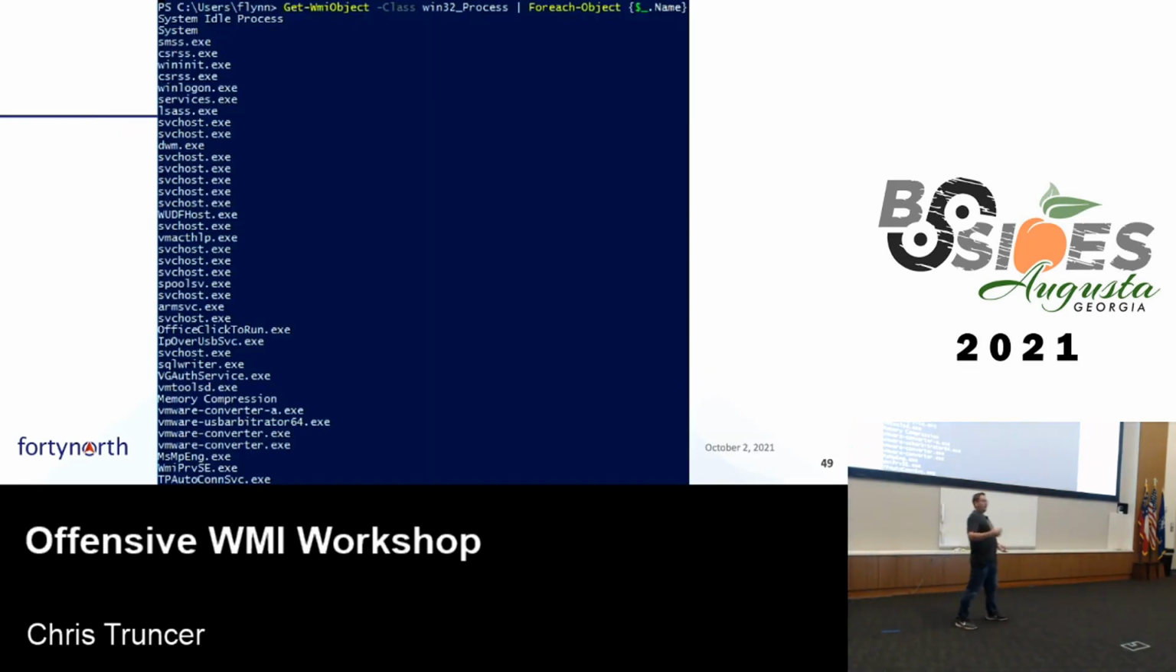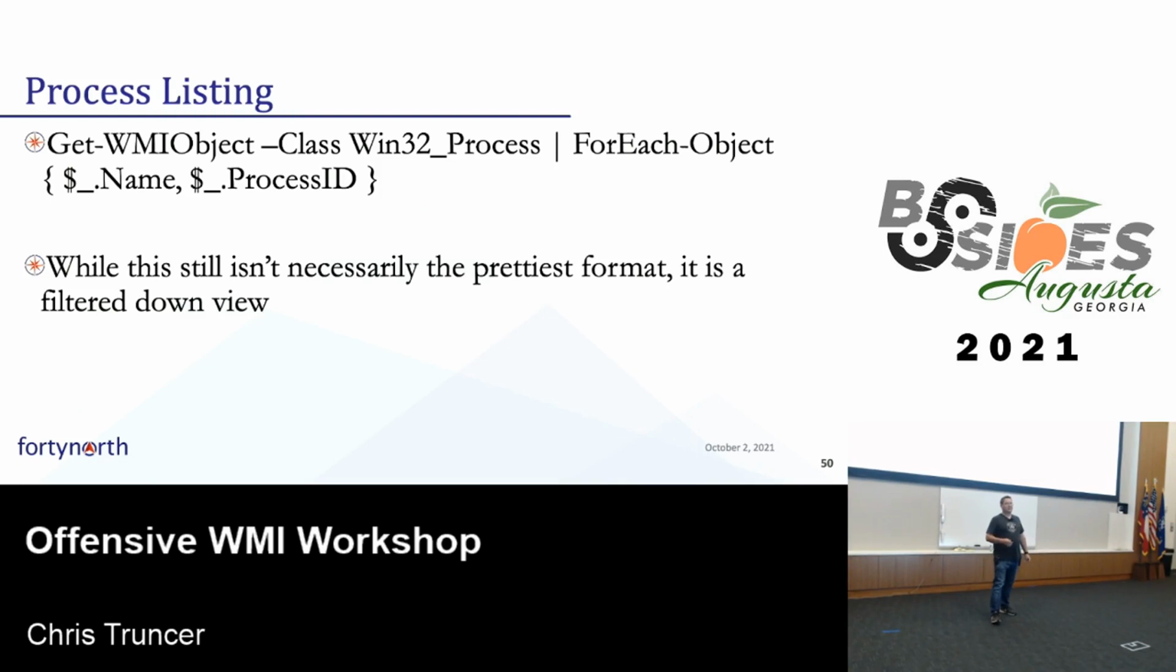Hopefully, everyone was able to get something like this, where we're calling our Get-WmiObject, piping the output into our ForEach-Object cmdlet, and in this case, I'm just printing out the name. And so I'm able to get a list of the names of the processes that are running on my local system. If I did something like this, where we have $_.Name, comma, $_.ProcessId,